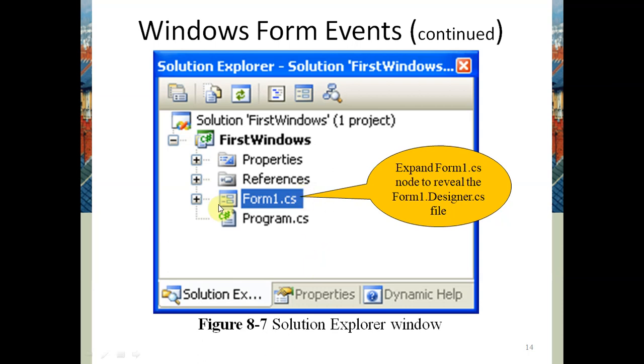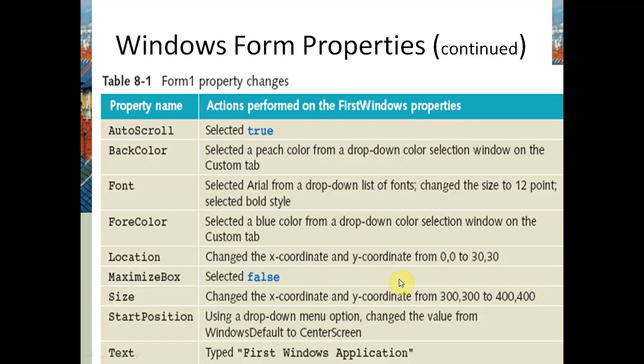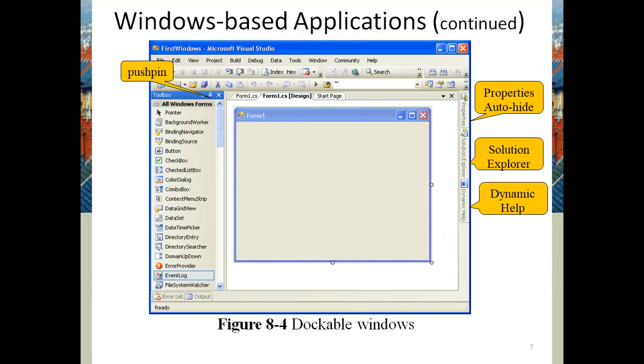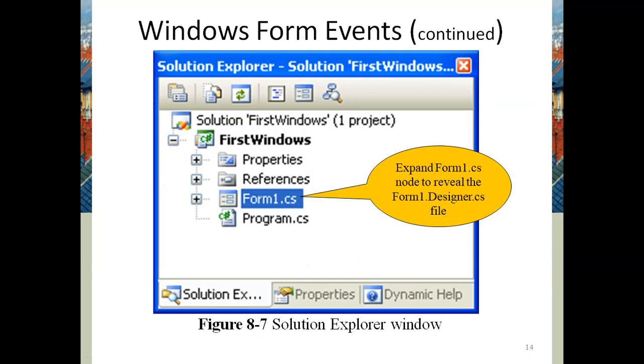And you can see here this is the view of the solution explorer. I have already explained that the solution explorer is on the left side of this window. Here we have the properties window, the solution explorer, and dynamic help. When we click on the solution explorer, it will display the list of all the files. In this program we have selected the solution explorer. It has Form1.cs, Program.cs. It will display the list of everything related to the particular project.